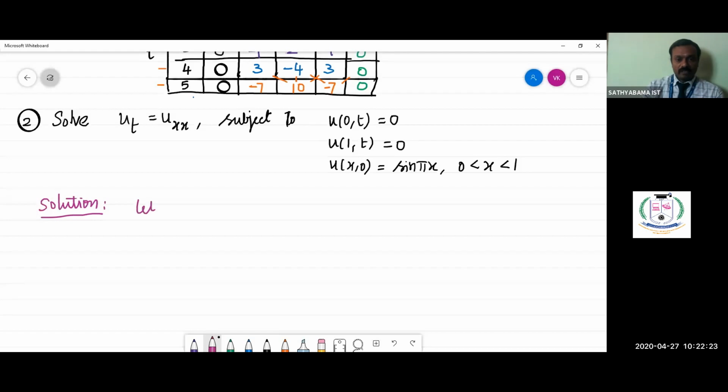So let h be equal to, here x varies from 0 to 1. Whenever we take the incremental value to be minimum, but also convenient for the calculation, we get very high accuracy. So let's assume h is equal to 2. Choose k such that